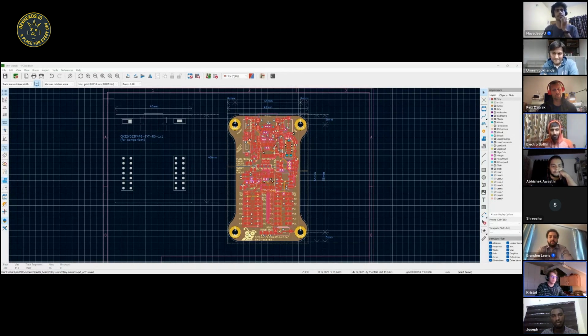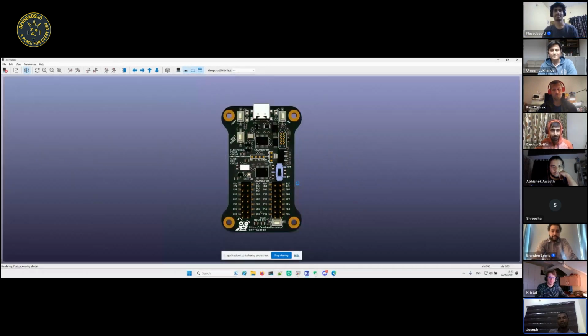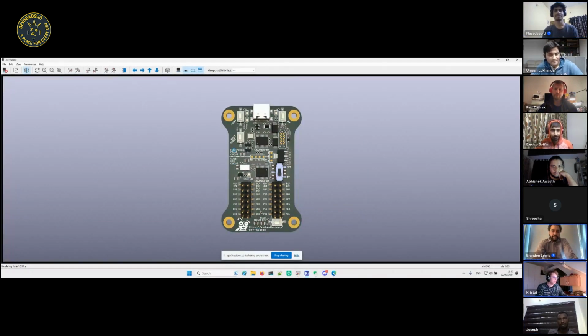I think you have to switch to another window. I'll try again. Share screen, but I just want to share the entire screen. Yeah, okay, this is better. Now you can see it, right? Yeah, it's up. That's what it looks like.